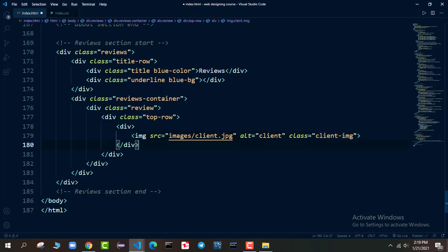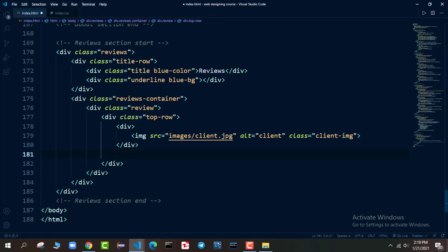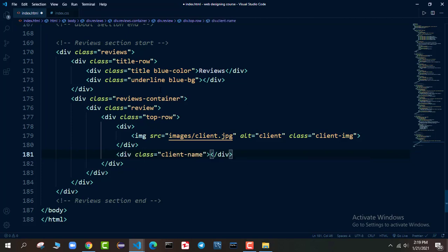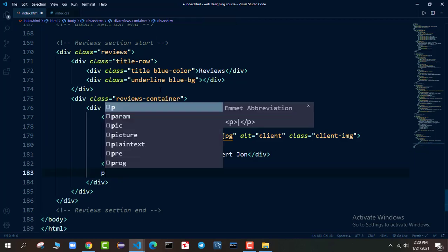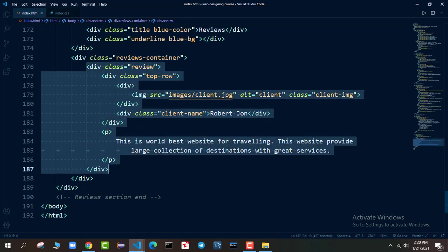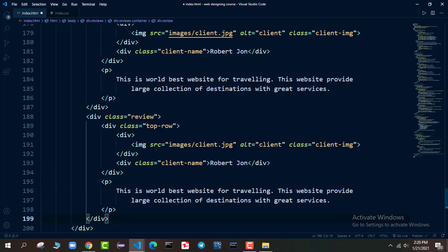After that, in the top section we have a div, and this div will be client name, and the name of the client here is Robert John. After that we have a paragraph tag containing the review of the client. I will go there, copy this review, paste it again.